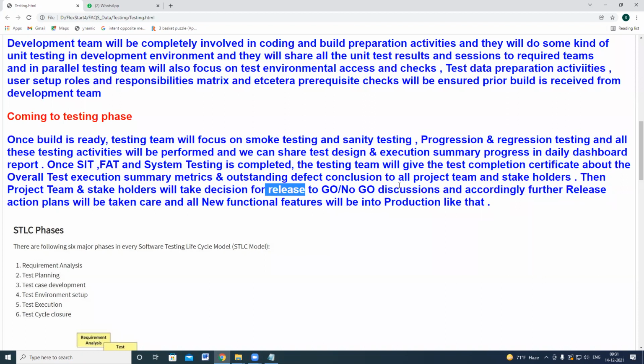So the client will say, these are very light issues, we can go ahead with this release. So after a monthly release, the client will take the decision whether it is a go or no go decision, and accordingly further releases and actions will be taken care of, and all new functional features will go into production.